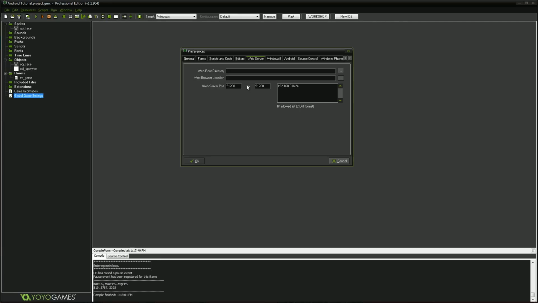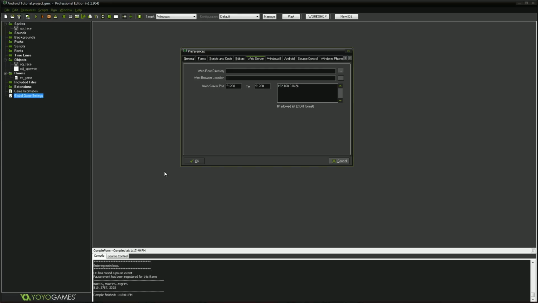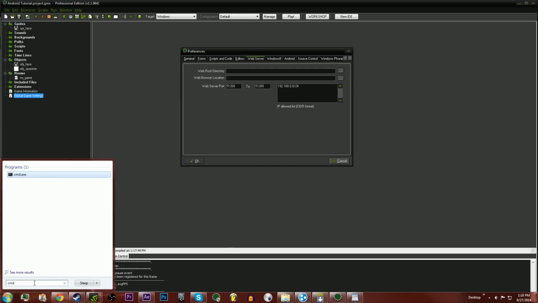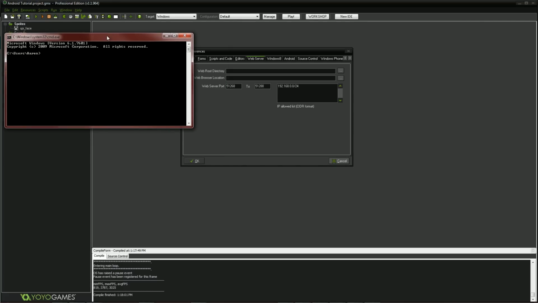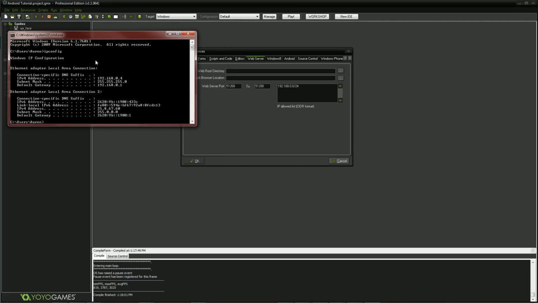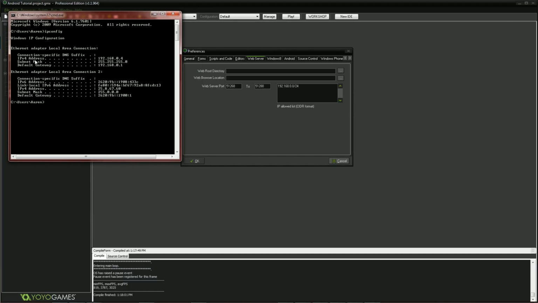Now you don't have to add the web root directory or the web browser location. You can just leave those, same with the ports. But this IP thing, this is your local IP address for your computer, and you want to make sure that's correct. So just search for CMD. This is the command prompt, and then just type in ipconfig, and this will show you your IP network stuff. So your IPv4 address, the 192, this thing,